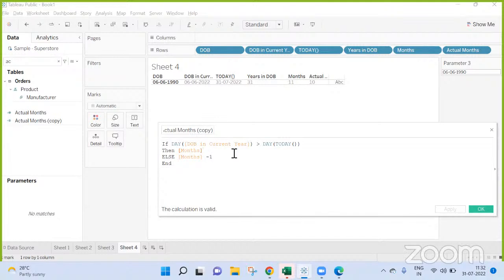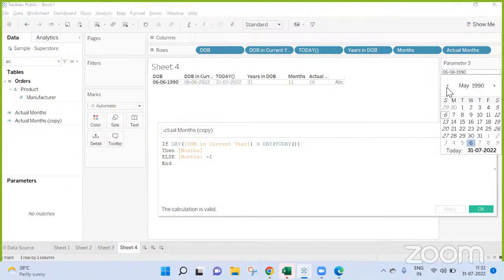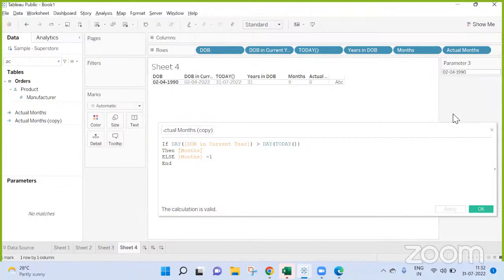Now here the trick is, if this is way below this, you got months, but you need to get days. So we are only concentrating on the day part.